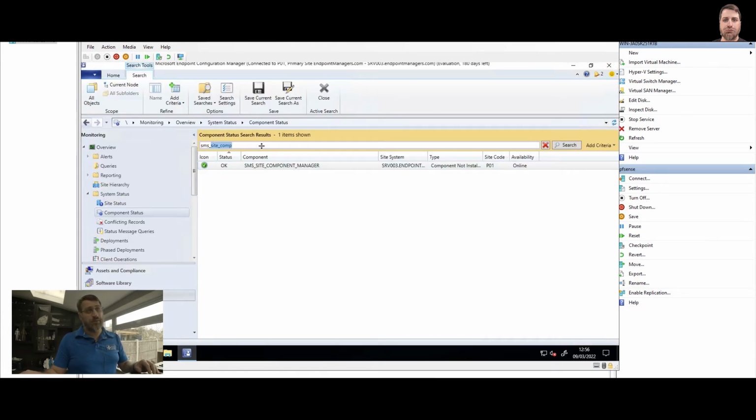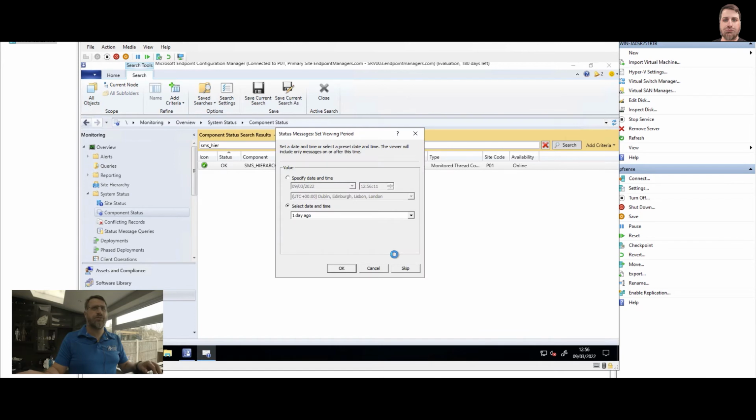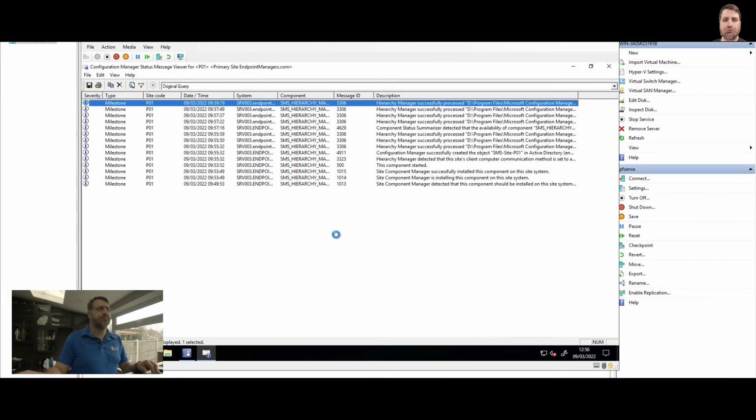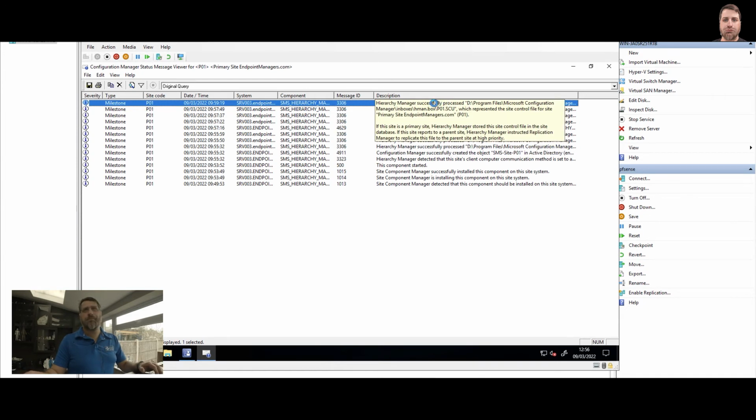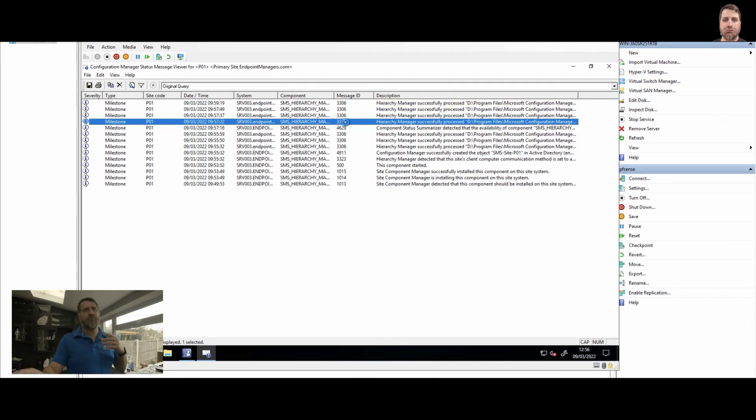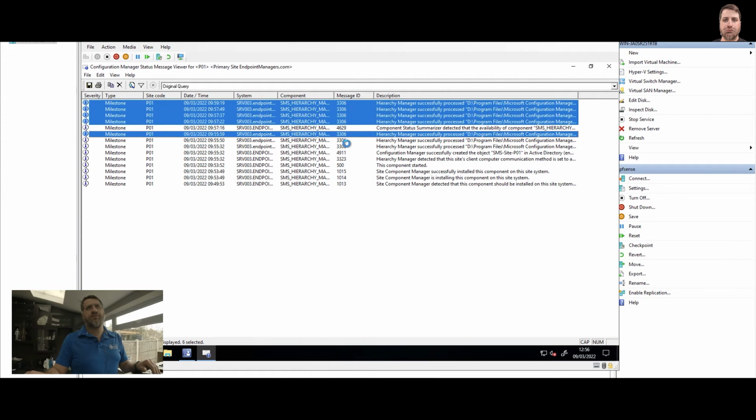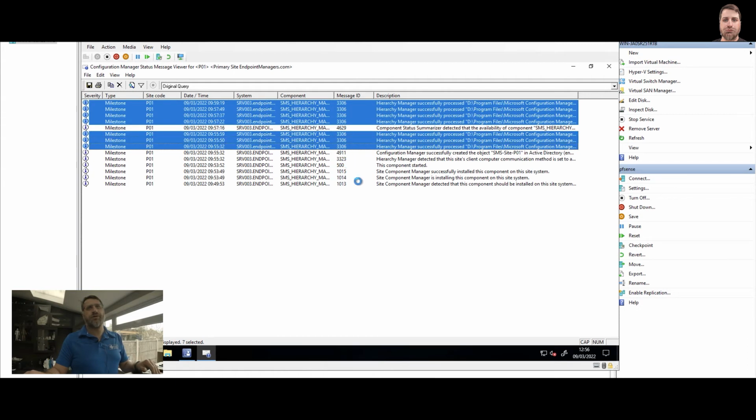The last one, or not the last one, there are a few more, is the SMS Hierarchy Manager. On the Hierarchy Manager, we now have loads of messages. The 3306, we can see there are a few of those. It means the hierarchy is processing a file. That's fine because Configuration Manager is still using loads of files. And you can see we have more than just a few. Depending on how far you are into the installation, you may have more